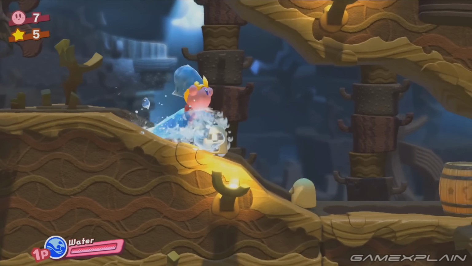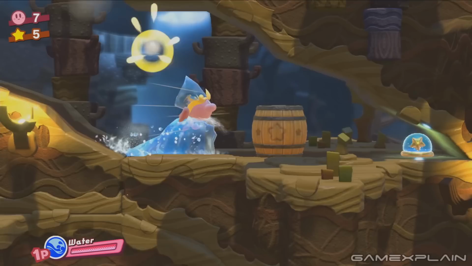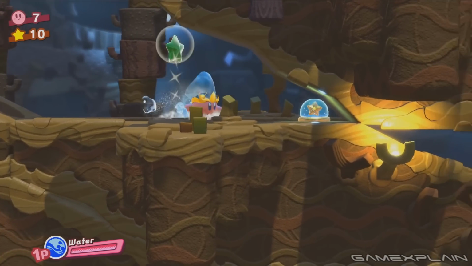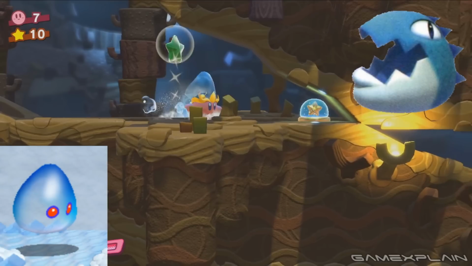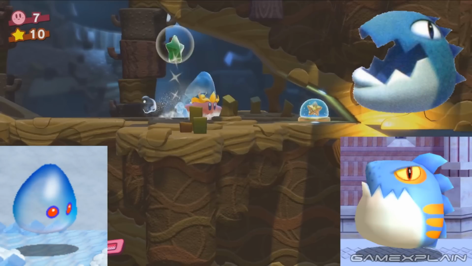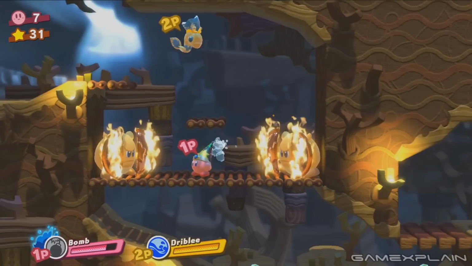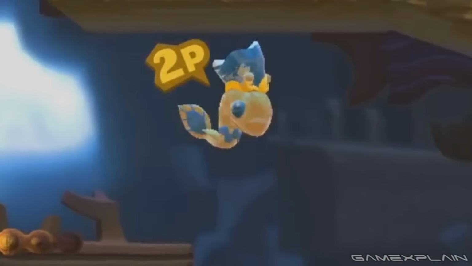We next see that the water ability returns as well, making its first appearance since premiering in Return to Dreamland. In that game, it was obtained from the Water Galbos, Pluids, and the mid-boss Water Galboros, so they could all come back as well. But as we see later, there's also a brand new enemy that gives Kirby water. It's called Dribbly, and it seems to be some kind of water snake, or maybe even a tadpole based on